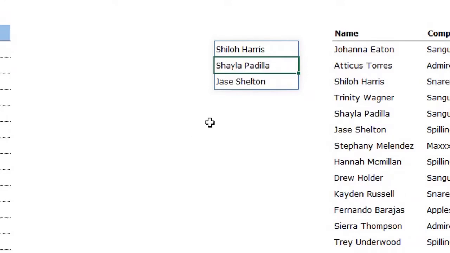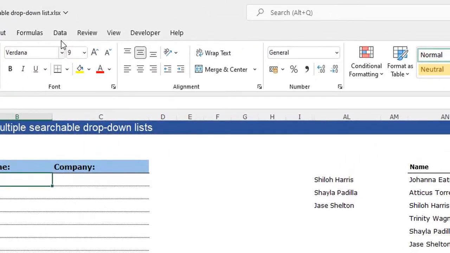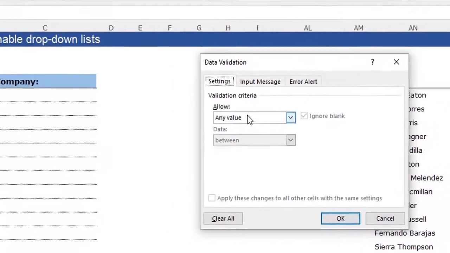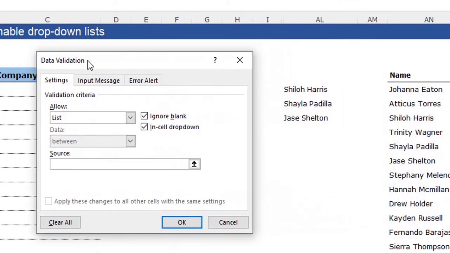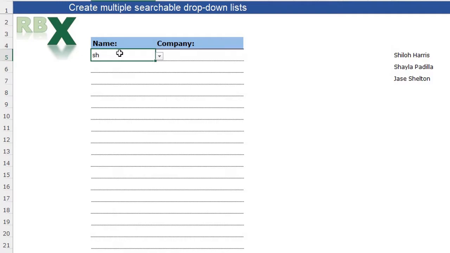I can show you how to put that list in our data validation. I'm going to select my cell, go to the Data tab on my ribbon, go to Data Validation, select List, and my source will be this cell. And I want the whole spill in my list, so I'm going to type a hash behind. Click OK. And now we have our searchable dropdown, but we have to do one more thing,